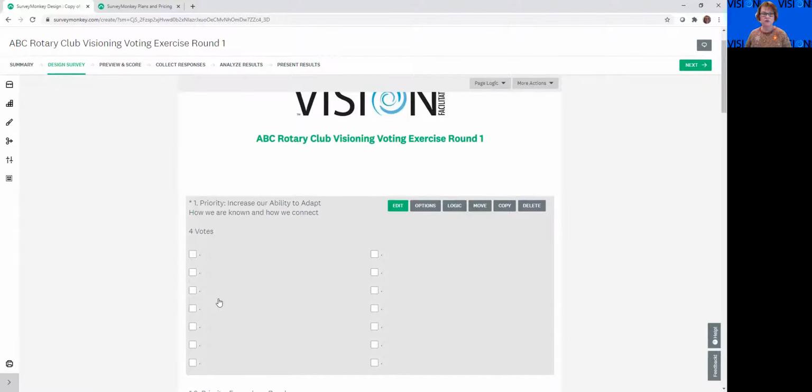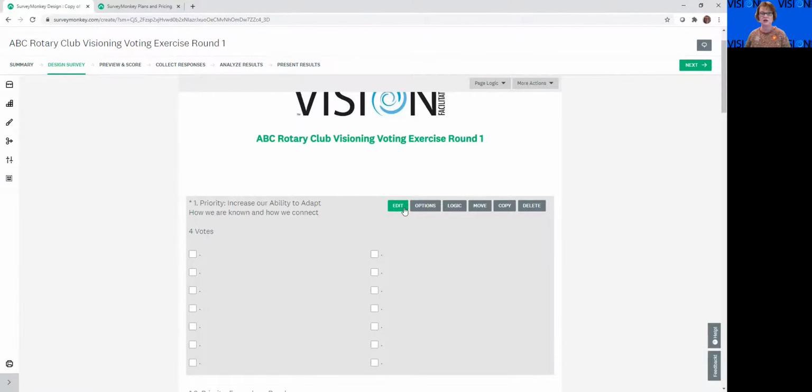Now let's go over a couple of other things that are set up. And if you want to utilize the free account and not use the template, we do have the PDF version of this on the IVFC website that is available to your district visioning chair. So you'll notice under, if I wanted to change the name, or if I was doing this from scratch, I would type in edit. This is directly off of the writing exercise. We now extract more than one question, sometimes into the same voting block. So in this example, increase our ability to adapt, is actually made up of the first two questions on